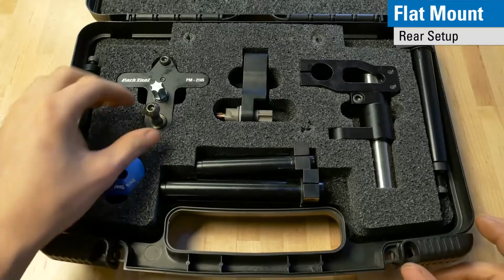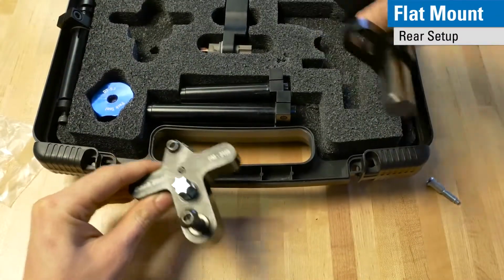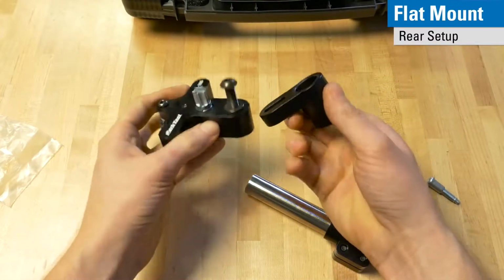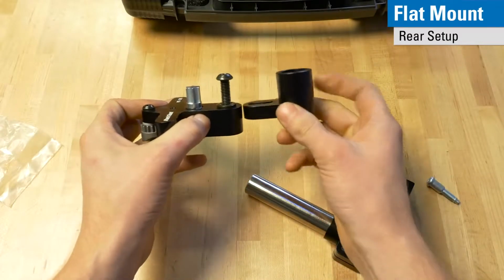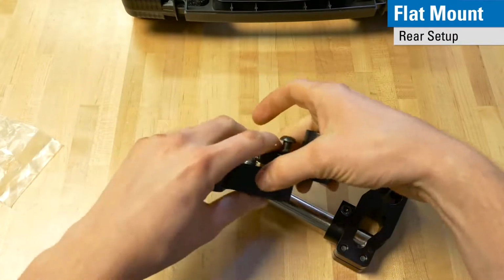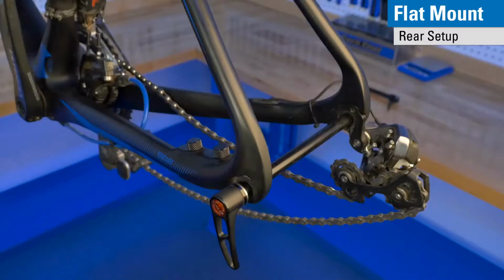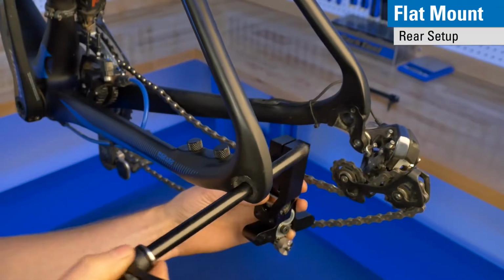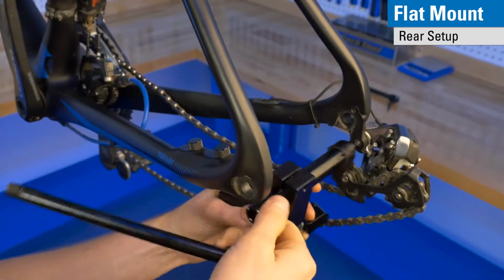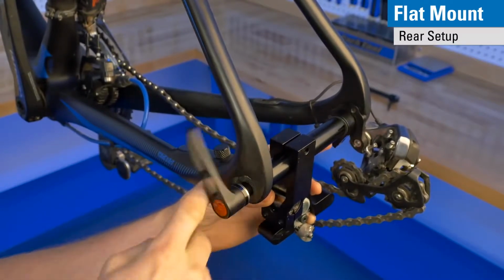The setup for a flat mount uses the same parts as a post mount, but oriented slightly differently. You use the post mount cutter as well as the post mount body, but for the slider, instead of having the slider like so, you flip the slider like so. Slide it all together, select our through axle, rear axle, and we are ready to insert it into the frame. Again, you slide your through axle adapter in, put it into the frame, slide your through axle through the entire part, lightly start it,